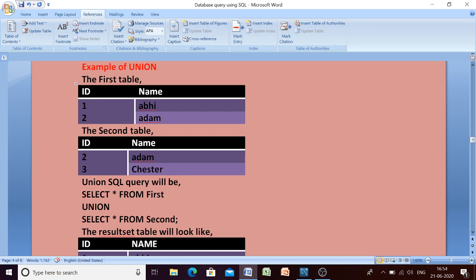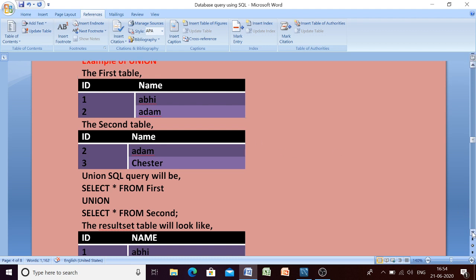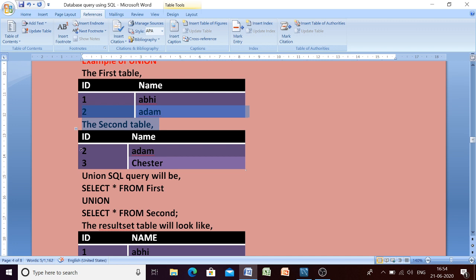So to perform the set operation, the condition is known to you. If you write select star from first union select star from second, what will happen? Now see here, this row is common, so the duplicate row will be eliminated. It will be taken only once.